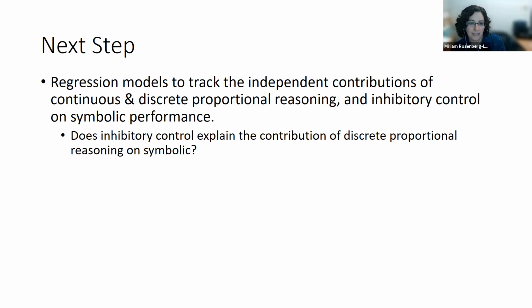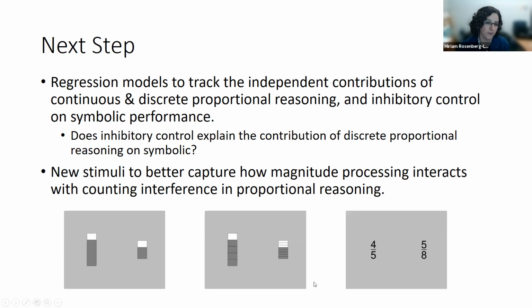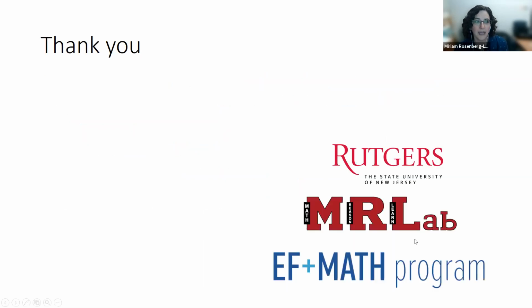And so one detail about our stimuli is that they're not really set up to get at this question of magnitude processing and whether there are distance effects. There's only essentially 6 stimuli in each condition. And so we're working now on new stimuli that we've put together using that stacked bar graph format to look at this question of magnitude processing and non-symbolic and symbolic performance, which we're hopefully going to look at in the brain potentially. So I'll end with thanking